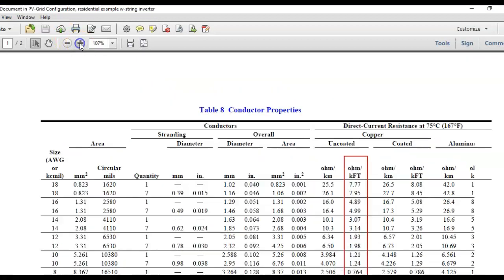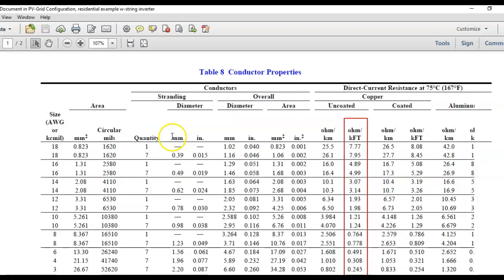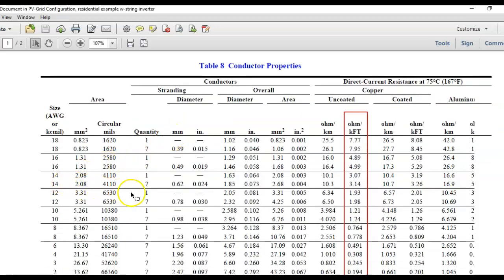Increase that a little bit. So we look at stranded cable, number 14, that says 7 strands, it's stranded cable. 3.14 is the ohms per 1,000 feet. So we use that